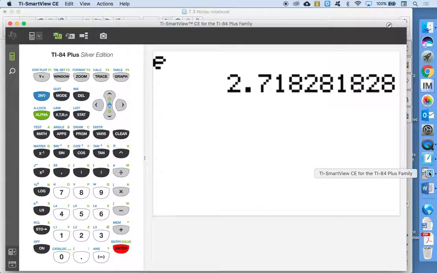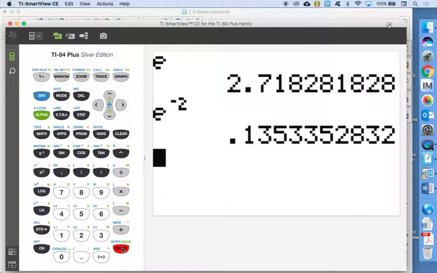If you look on the left side, like x squared, above it is a square root, and then there's a log, and then underneath that says ln. Above ln is e with an exponent, and that's really how e is used. It's used as the base of an exponential equation. So if you hit second ln, your e comes up already in an exponent form. And then if you type in the number -2, we can now evaluate e to the -2, which is